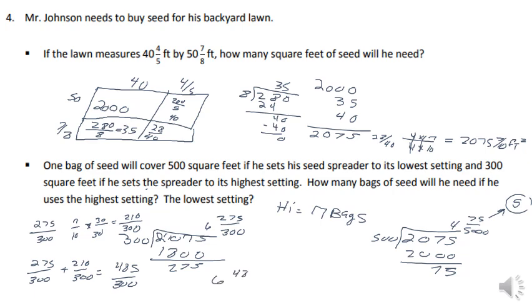So in all actuality, we would have 6 and 485 300ths, which equals 6 plus 1 and 185 300ths, which equals 7 and 185 300ths. So we would actually need 8 bags for the high setting, not 7. So let's go ahead and change that to 8 bags. It would make a difference on the low setting because 75 500ths is